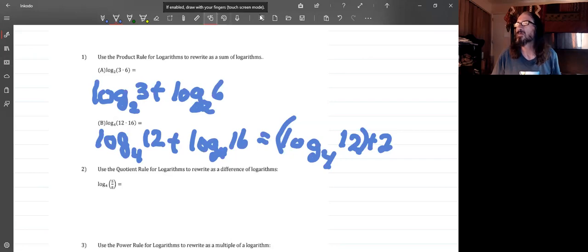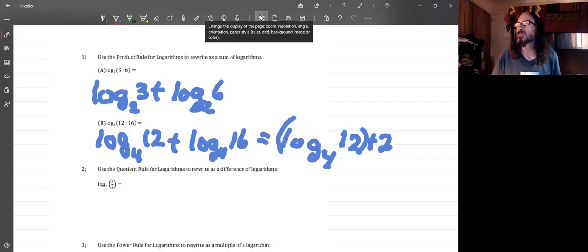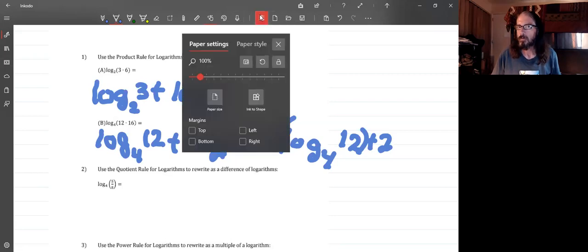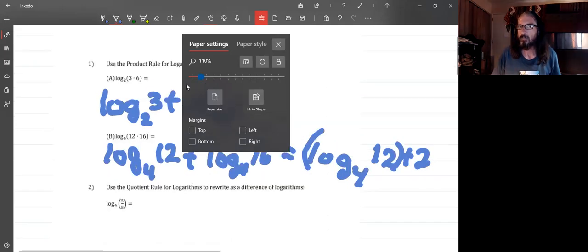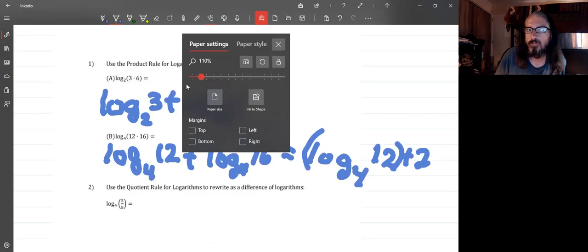Let's see here. Try to go a little bit higher here. So the log of 5/8 base 4. That's going to break down into